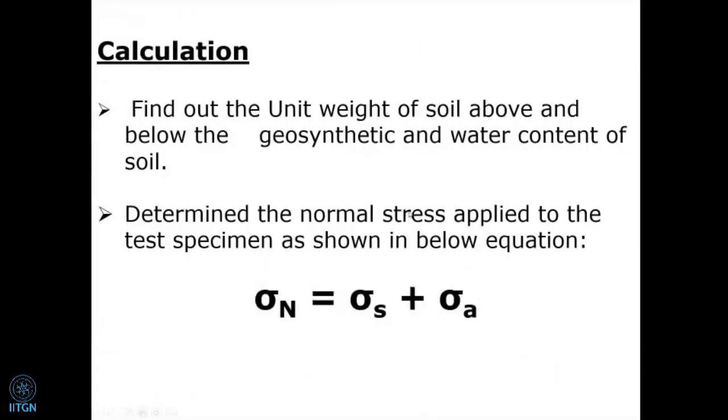When our sample is coming out by up to 25 mm, till then we have to apply the forces. As soon as our sample pulls out more than 25 mm, we have to stop the test at this location. We follow either this condition or, if any damage in the rib is observed, we have to stop the test at that point. So that is the failure criteria in the case of the pull-out test.